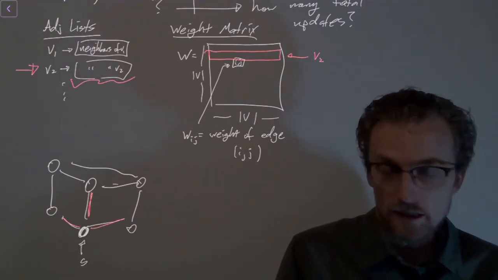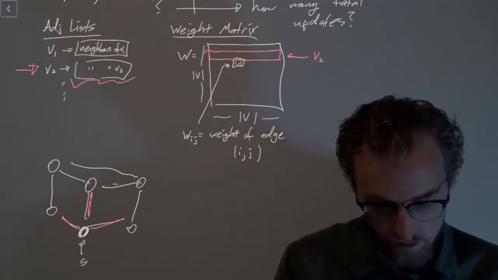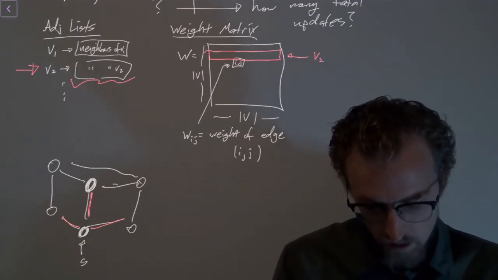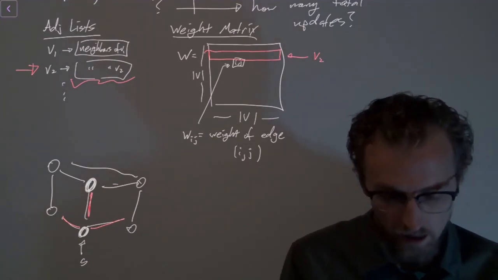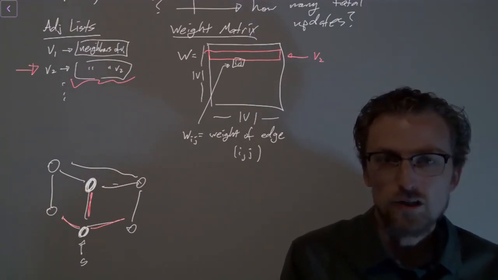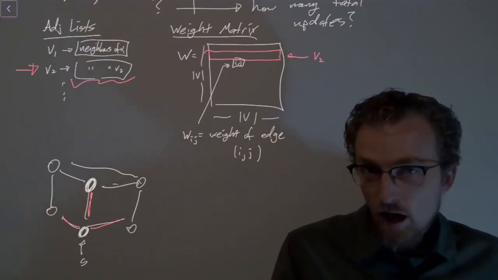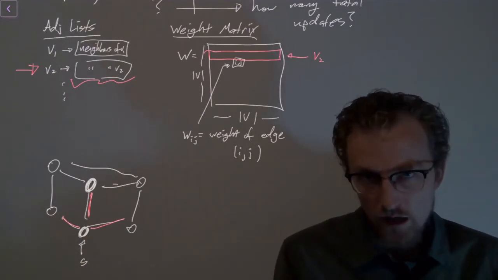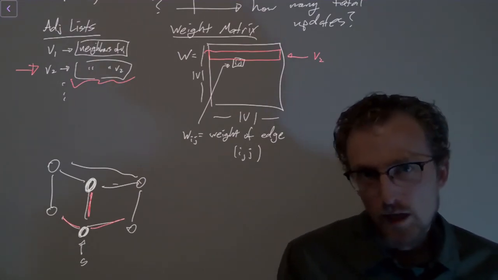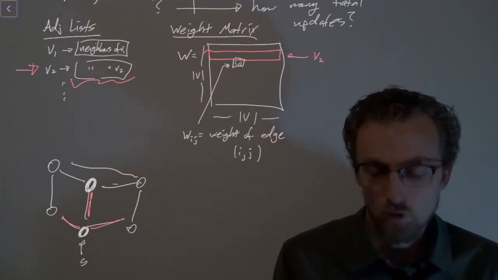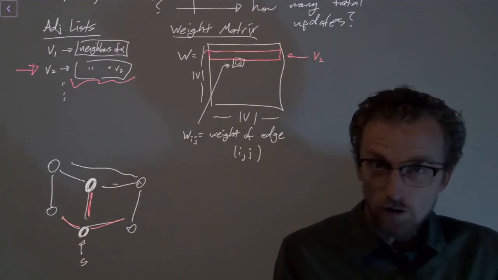Okay, so in the next step, I'm going to add another neighbor to my tree, right? Suppose I add this, and the question now is which edges get looked at, which edges could have an update associated with them. Notice that every time I look at an edge, it could result in an update. So the number of updates will be less than or equal to the number of times I look at